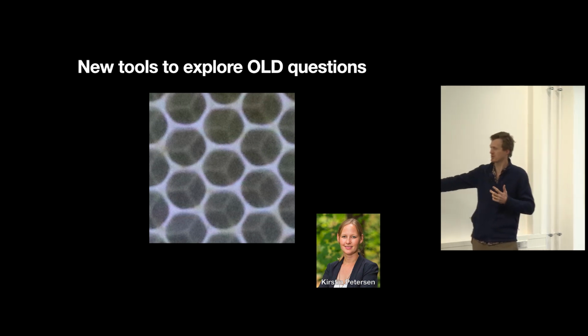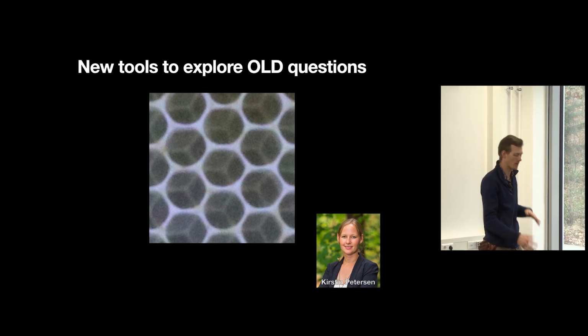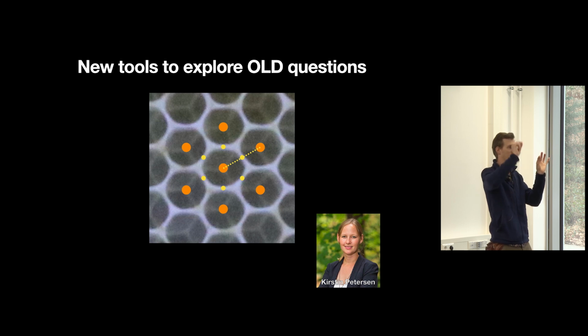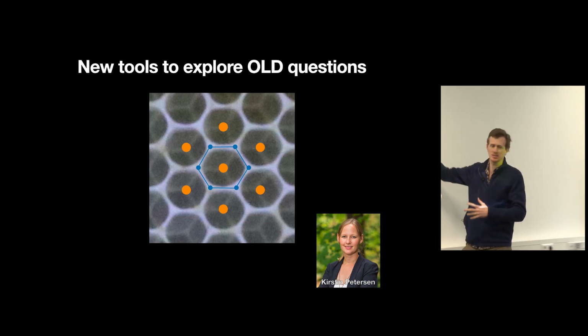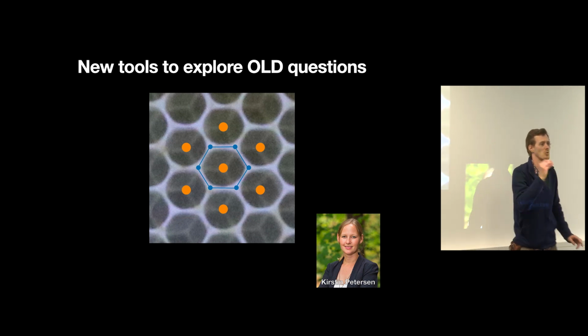For this, I collaborated with Kirsten Peterson at Cornell University. I realized there are different ways that one can do this now, but at the time, we basically used some simple methods of image analysis to automatically first get blob detection for the center of the cells, link them, and then walk along the line to find the point of greatest pixel difference. Then you draw a perpendicular to get your vertices, and you get a hexagonal outline of your cell. I'm obviously showing you a toy example of this, and I'll show you some other examples after, but it moves you a lot faster.